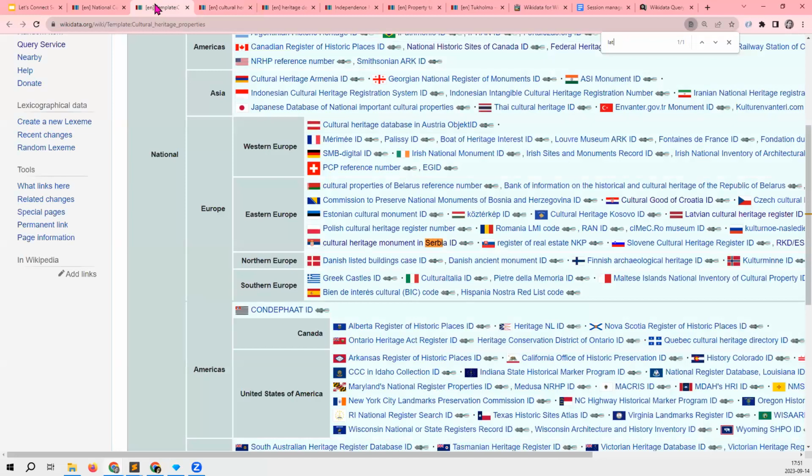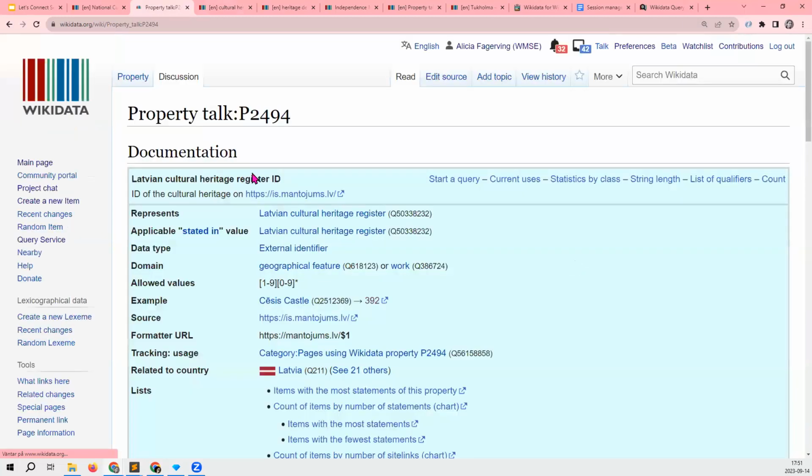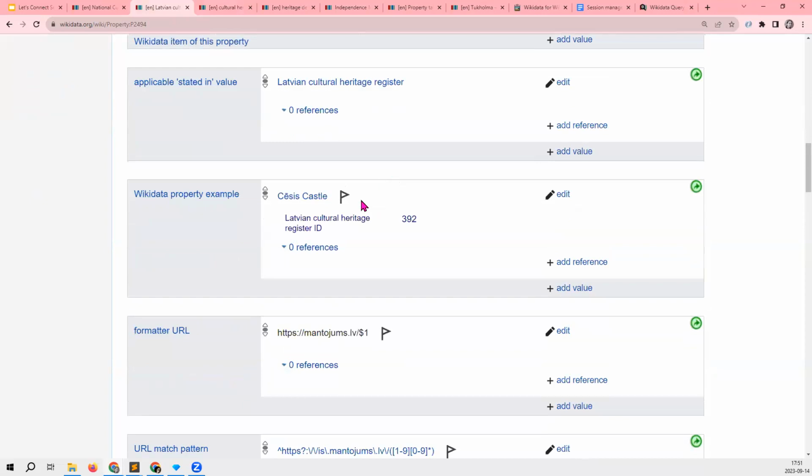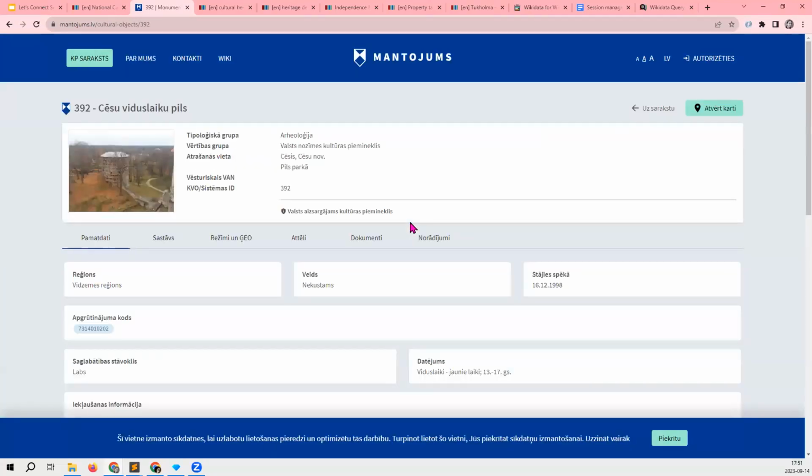But for example, in Latvia, if I remember correctly, this is clickable. So by following this link, we can go to the official Cultural Heritage Register of Latvia to find this monument.